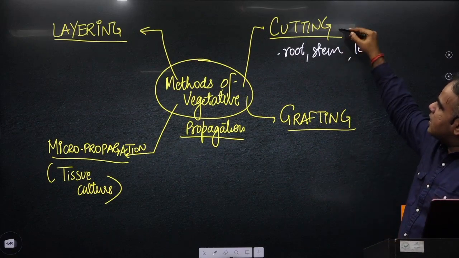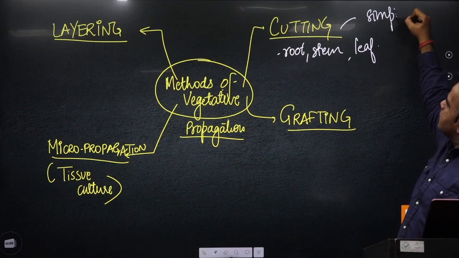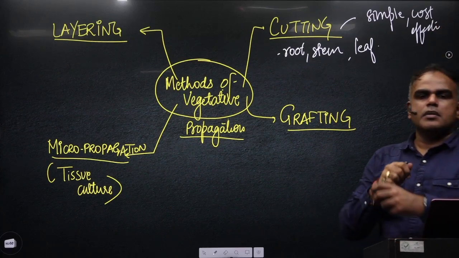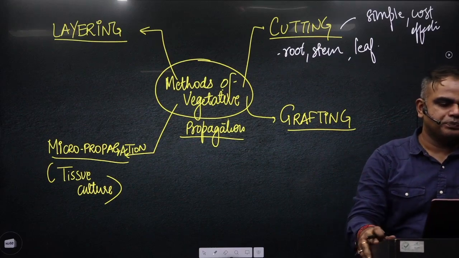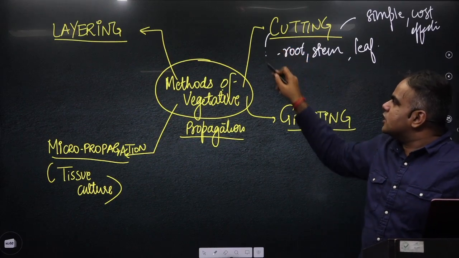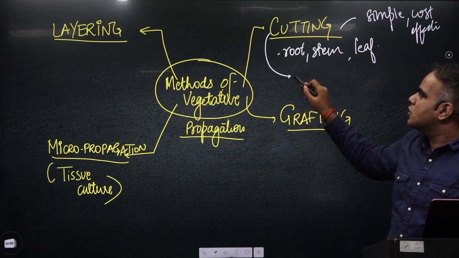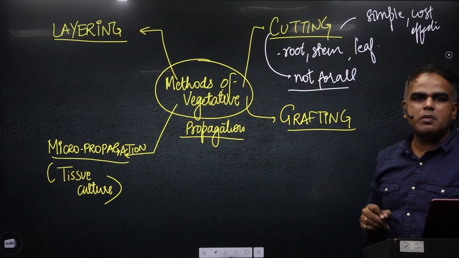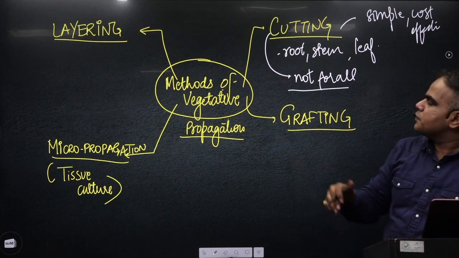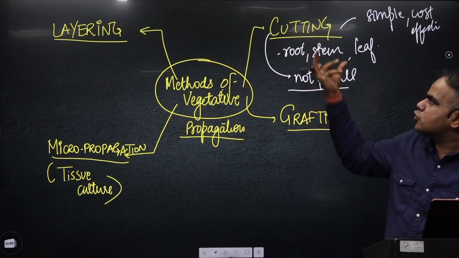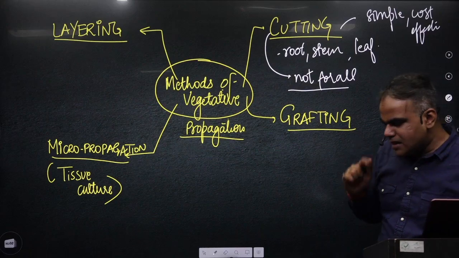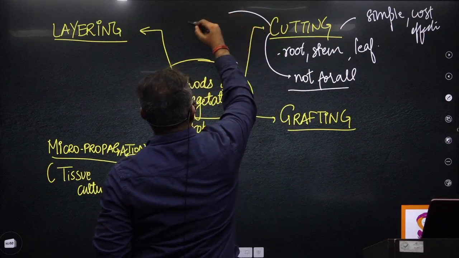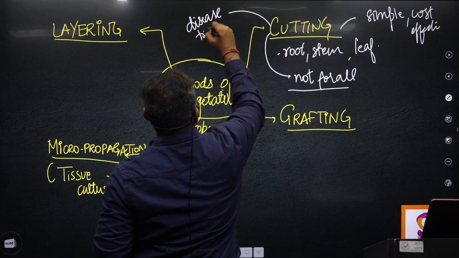Now the simple advantage here is it is of course simple, it is cost effective, okay, that is there, okay, plus it can be used very rapidly. But the con here is it is not suitable for all the species, okay. So not for all I am writing, that is a disadvantage for cutting, okay. Other than that, certain species may require more specializations. Here also the cutting may not be very appropriate, okay. Plus, for example, if a species already has a disease, okay, this cutting can lead to disease transmission. This is a negative here,